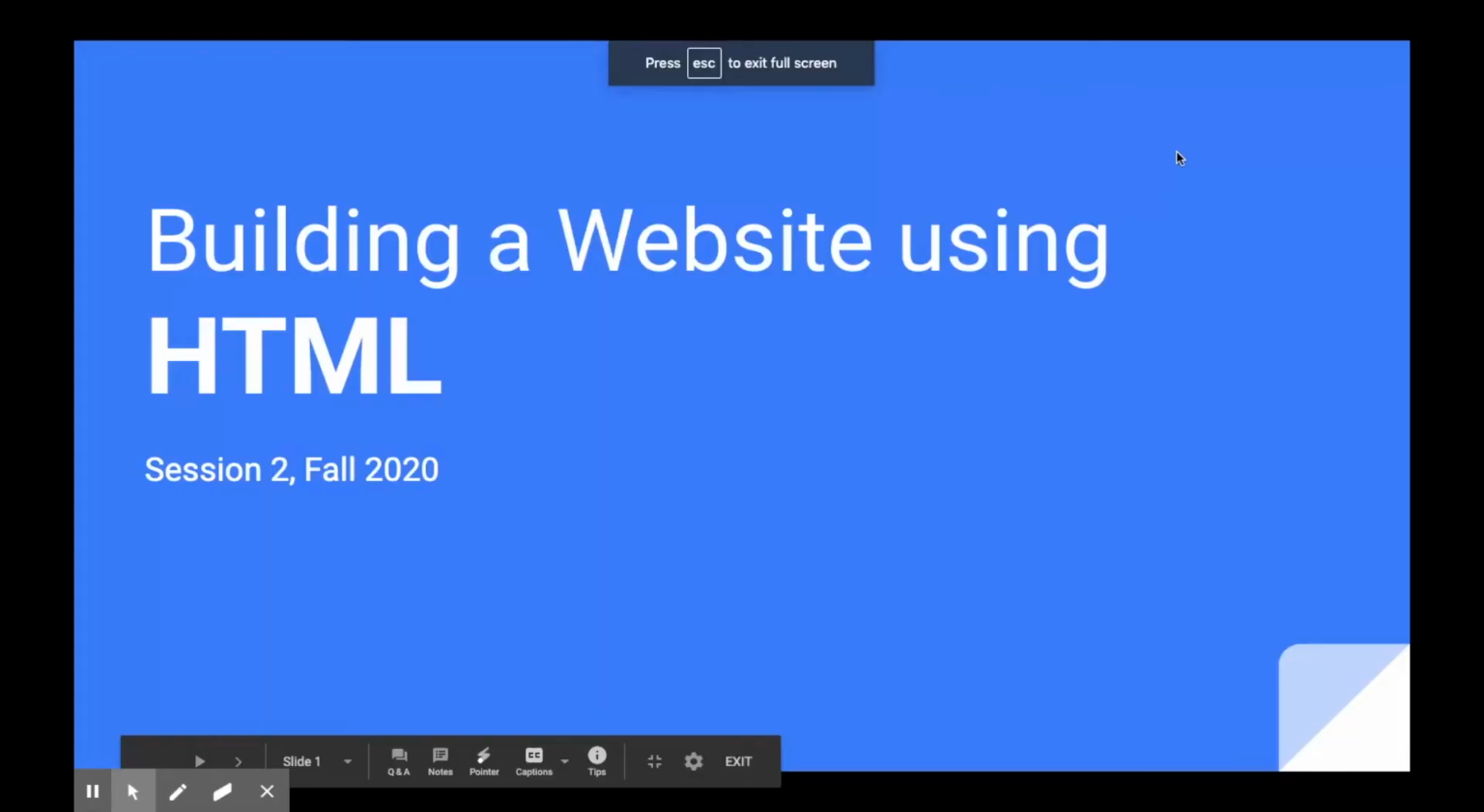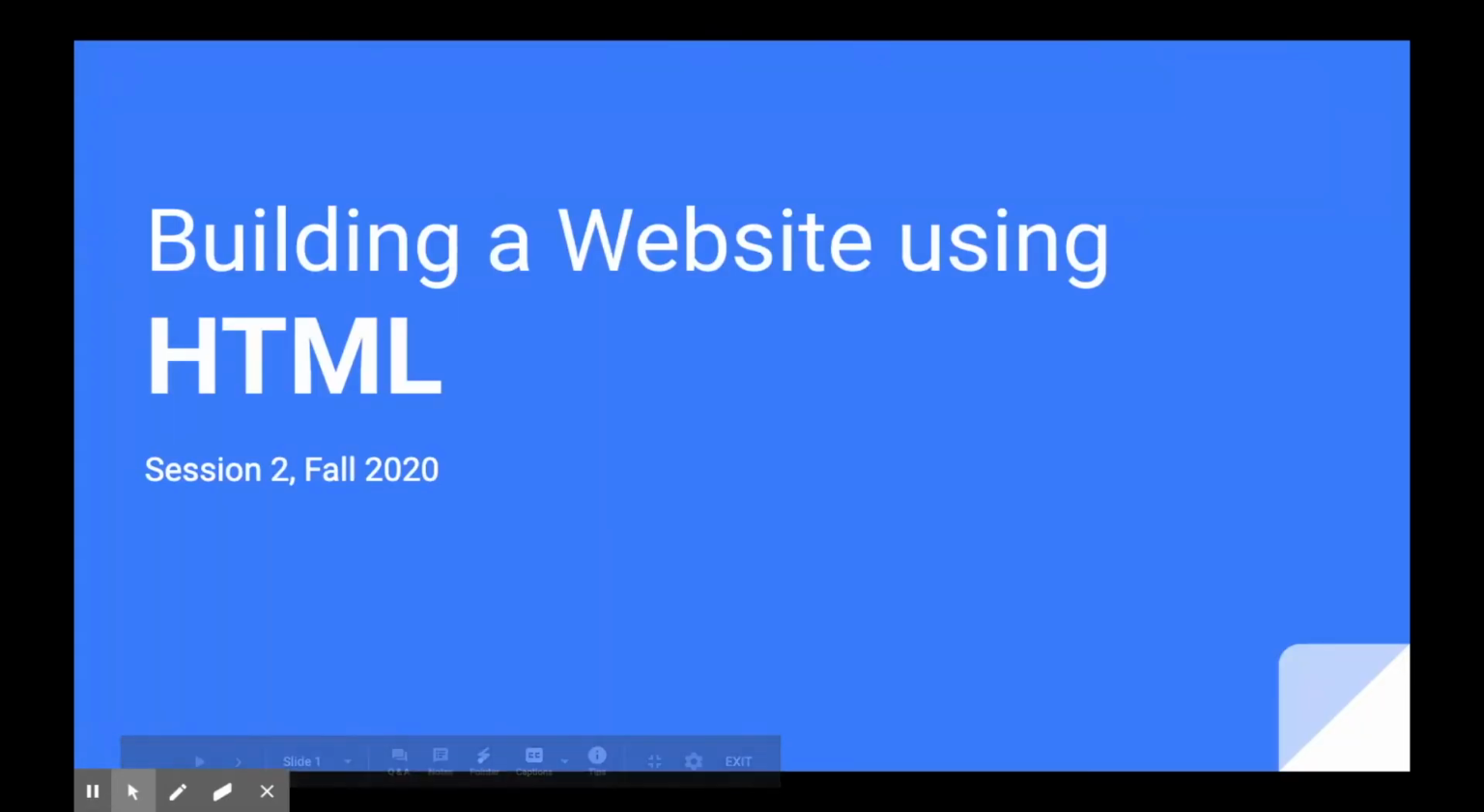Today we'll be taking what we learned last session about HTML, and we'll be actually inputting data into our very first website. Building a website using HTML. Last session,